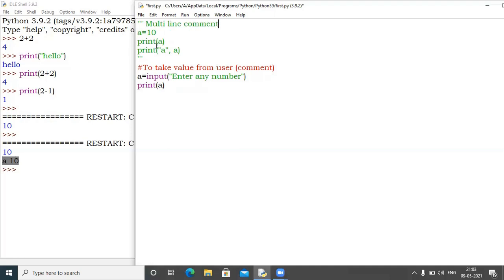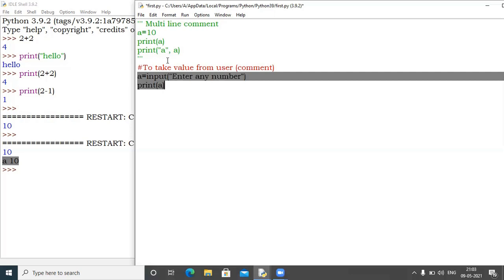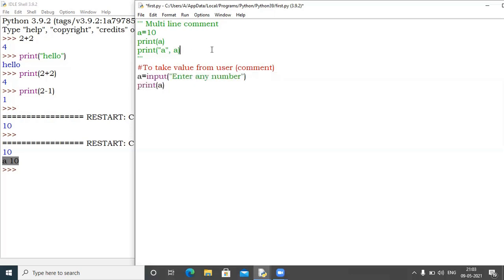If there are more than one line and you don't want to use hash, hash, hash 3 times, in that case, you can put 3 inverted commas at the start before all the code and close 3 inverted commas after all the code where you want to stop. So this is called multi-line comment. Again, this will also not execute because I made this a comment. Now, only these 2 lines will execute because all the rest of my lines have become comments. So I can execute only these 2 lines. Let me press F5.